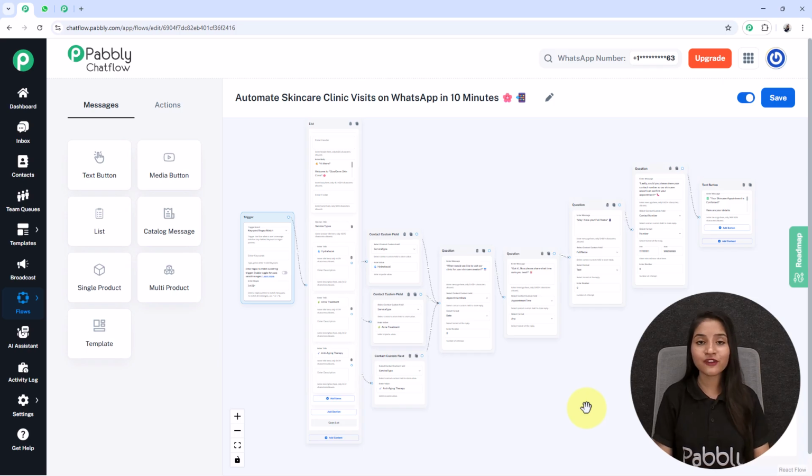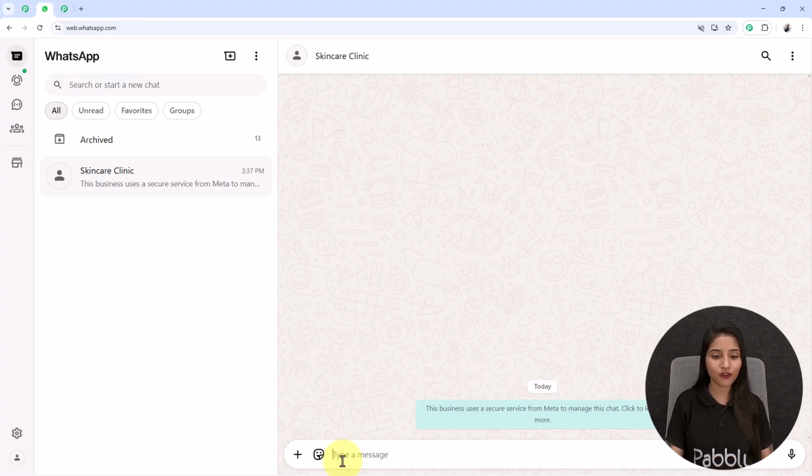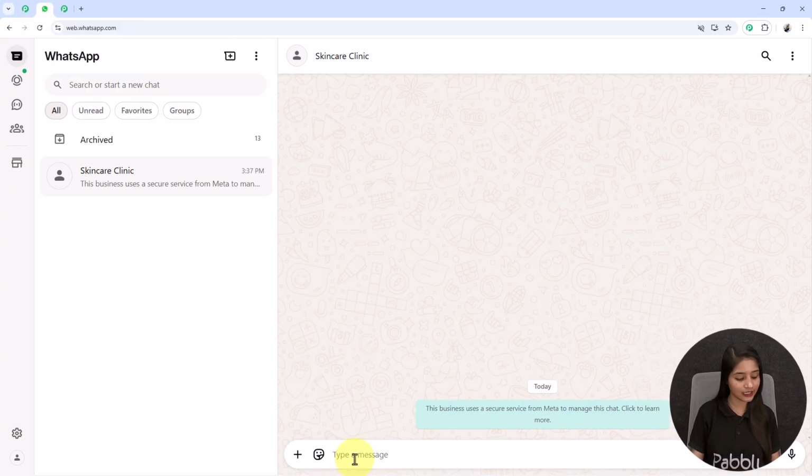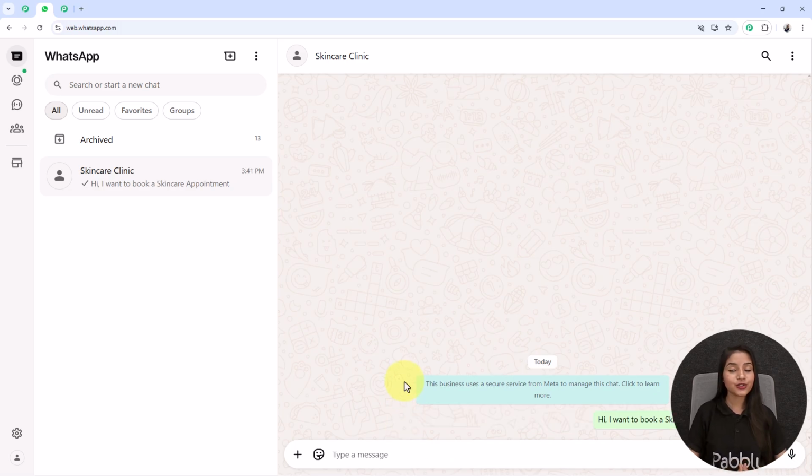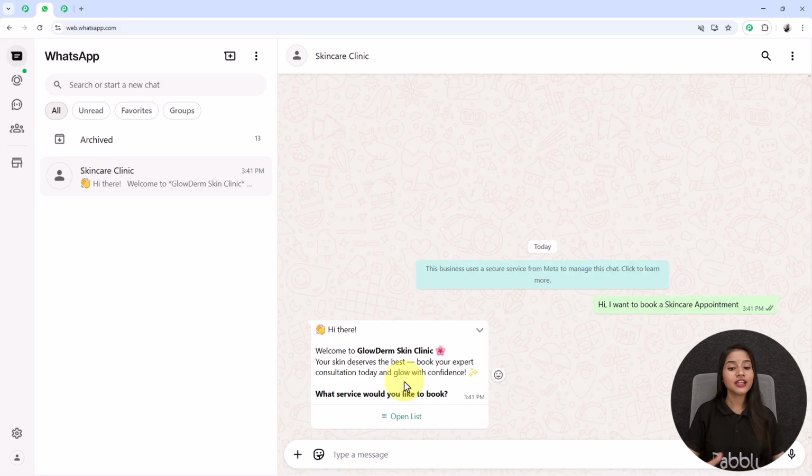But before moving forward, I'll give you a quick overview of how this bot will work and how it will reply to your patients in real time. For that, I am going to send one message to my WhatsApp Business account of Skincare Clinic. Here I am sending my first message as, "Hi, I want to book a skincare appointment." As soon as I send the message, you can see the bot responds to me like this,